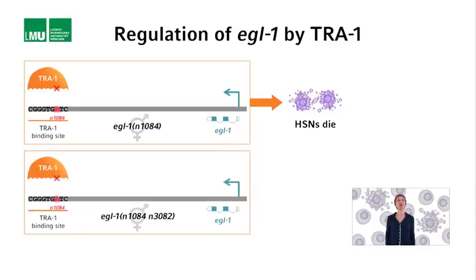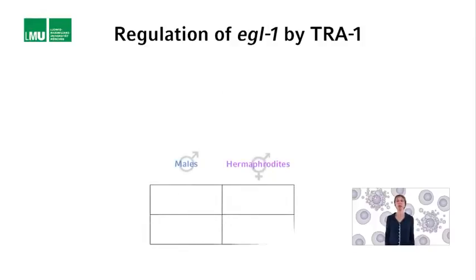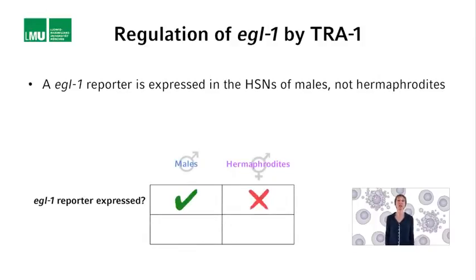However, since there is a second mutation in exon 2 in 3082, a truncated non-functional AGO1 protein is made, which is unable to activate the central apoptosis pathway. Consequently, the HSNs survive. In support of this model, an AGO1 reporter is expressed in the HSNs in males, but